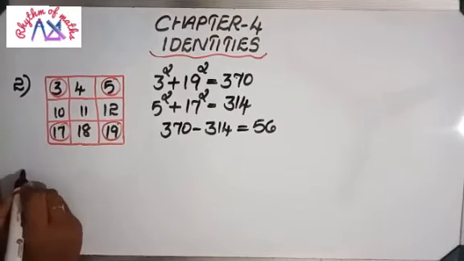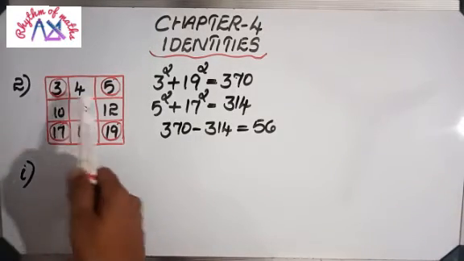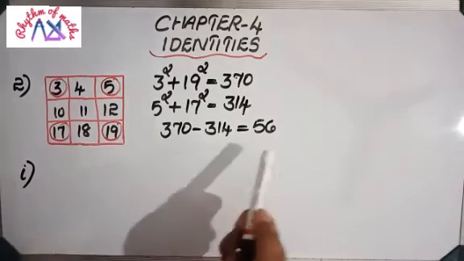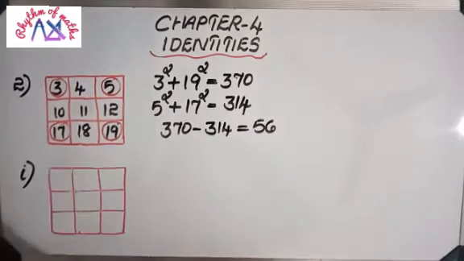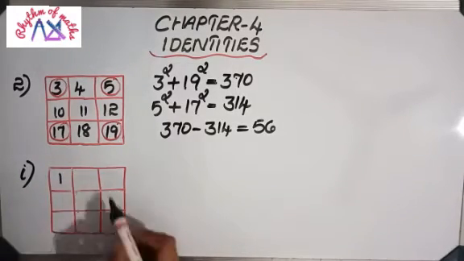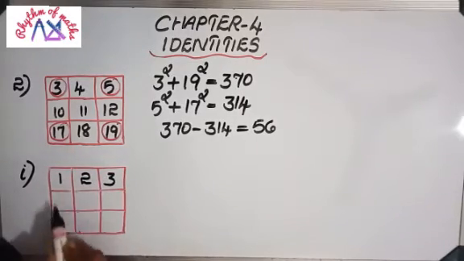Our first sub question is take another 3 numbers. Okay, take another numbers like this from the calendar. We have to choose another square of 3 like this and check whether we are getting the same answer 56. That is the first sub question. So we have to draw the square of 3. That means 3 rows and 3 column we have to draw, and we need to choose another numbers. Okay, from anywhere we can start. Here let's start from 1. Okay, 1 is also a number in the calendar. Okay, date 1 is there. So if we are starting from 1, next number will be 2, then 3, downwards 1 plus 7.